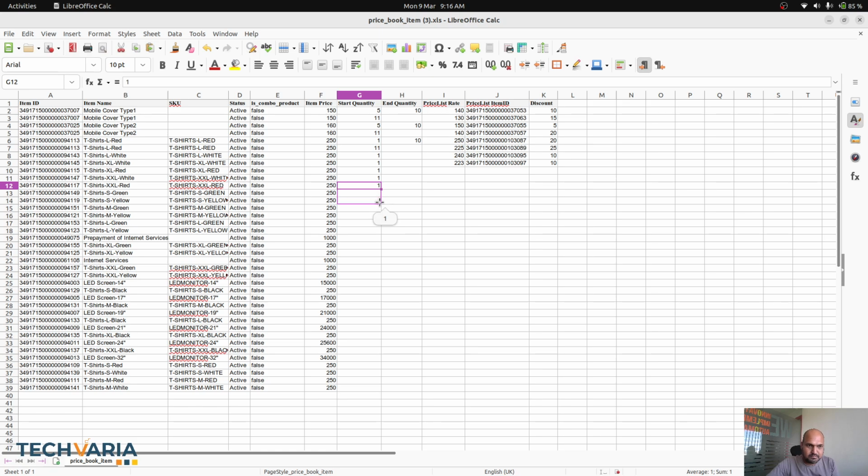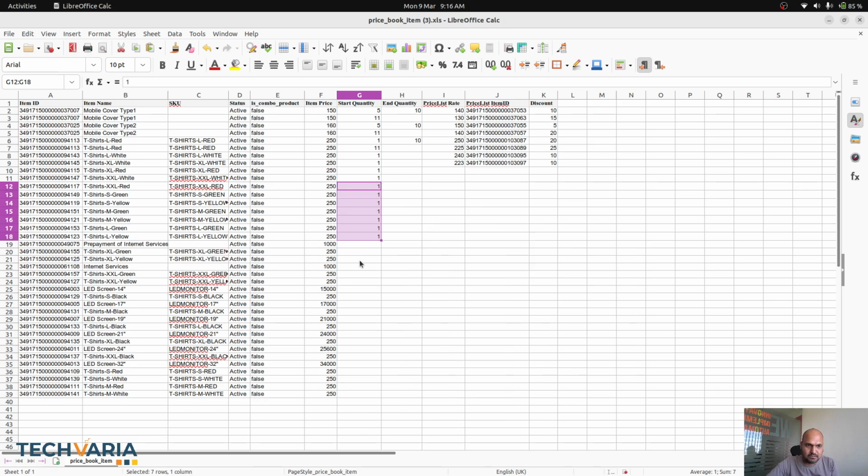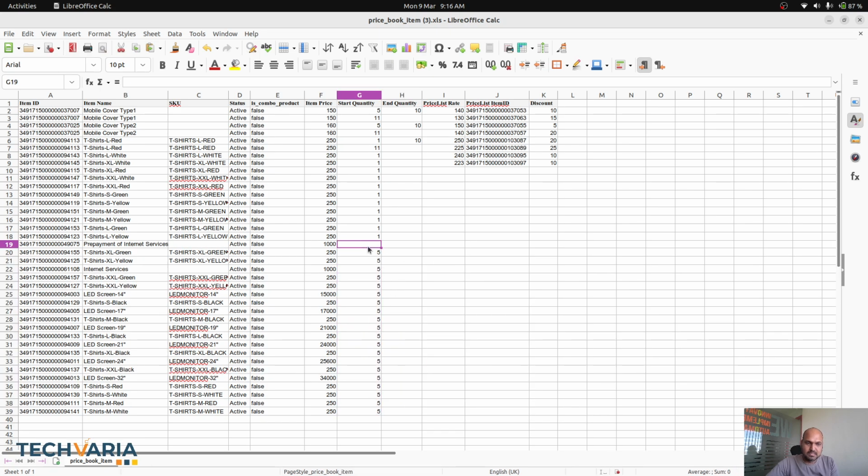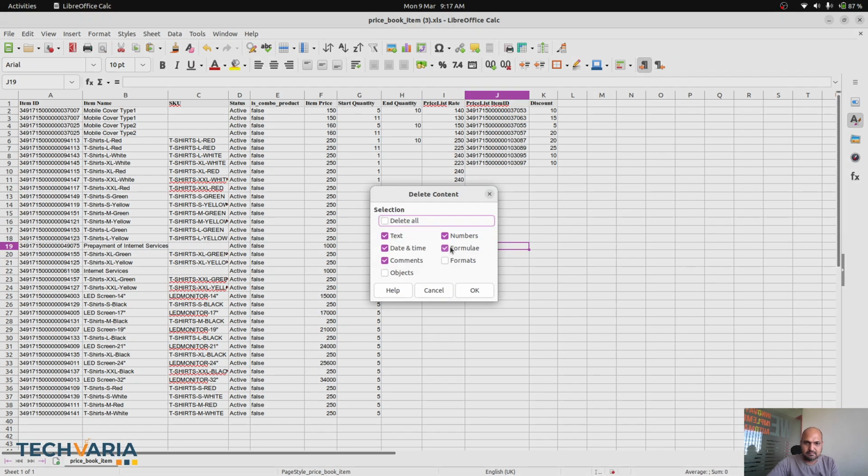So let's say up to this I want to give the quantity rule, and then over here I want to give a quantity rule of 5. Here I don't want to give any end quantity, otherwise this will stop and the regular price will apply beyond that. And here is my new price list rate, which can override this, or maybe I can give anything, like 240 for all. If I am giving this, let's see, then for this item it will remain the same,